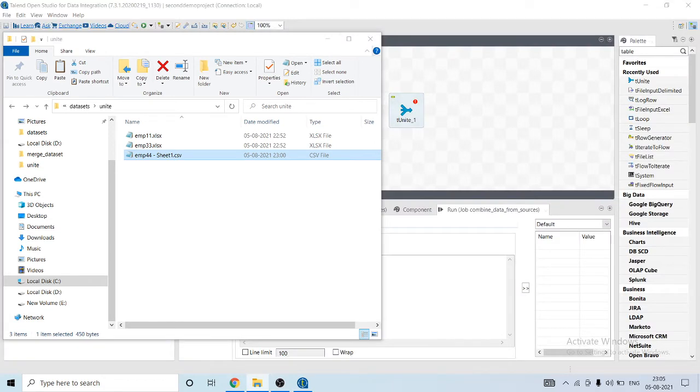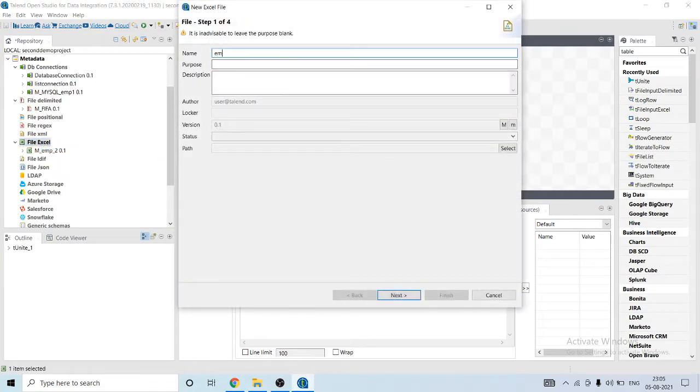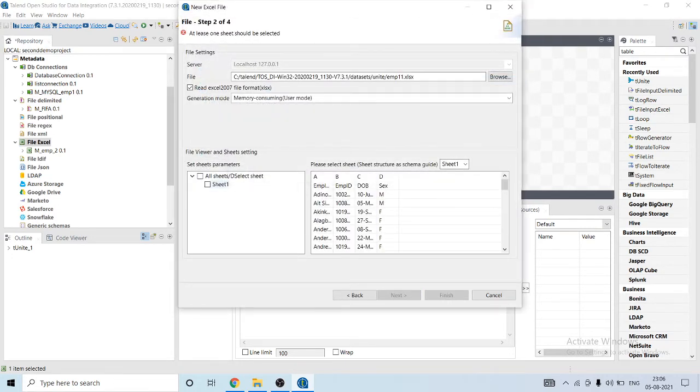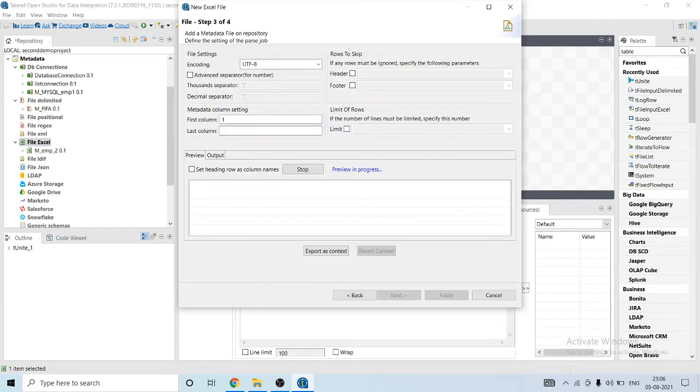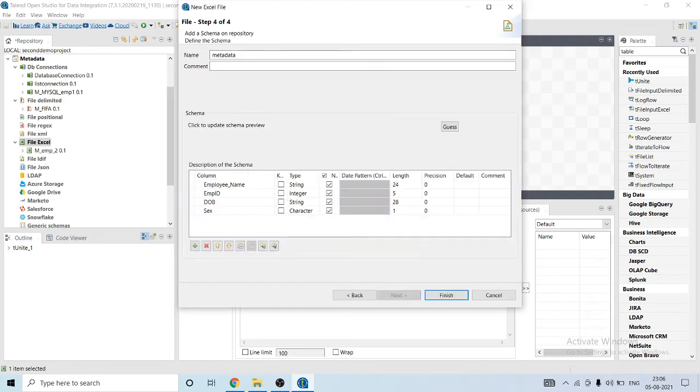So let's make a metadata out of it. EMP, let's browse the file. Okay, let's click on next. Data type is correct.